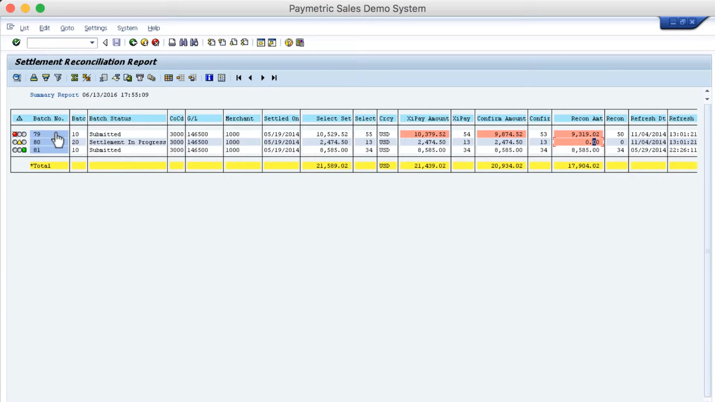For batch 79, as we scroll across, you're going to see that we're simulating a potential problem at every step. So SAP submitted 55 transactions for just over $10,500. Paymetric only received 54 of those transactions, and by the time we get to the final acknowledgement from the processor, only 50 of those 55 transactions have been acknowledged. How do we determine which of those 5 transactions that were originally submitted from SAP were not accounted for by the processor? In standard SAP, you'd be required to run a report and pull an extract in the form of